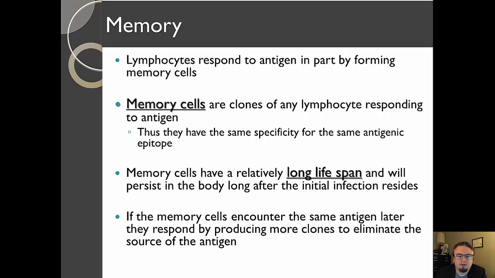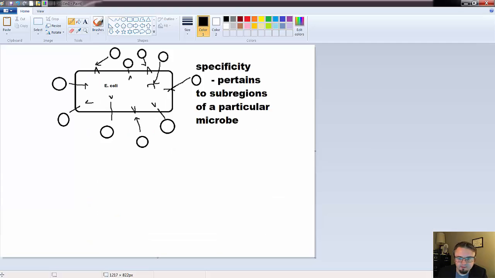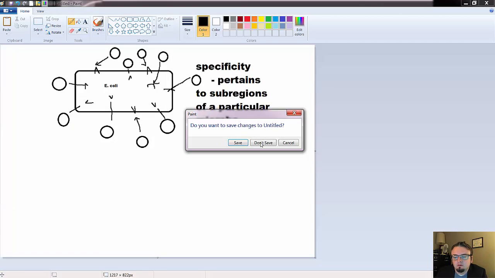Now, memory is the other key aspect, and memory relates to the way the body responds to things over a long-term basis, and how, as I already mentioned, repeated exposure increases and enhances our immune function. So let me add a little bit more to this here. When we are first exposed,